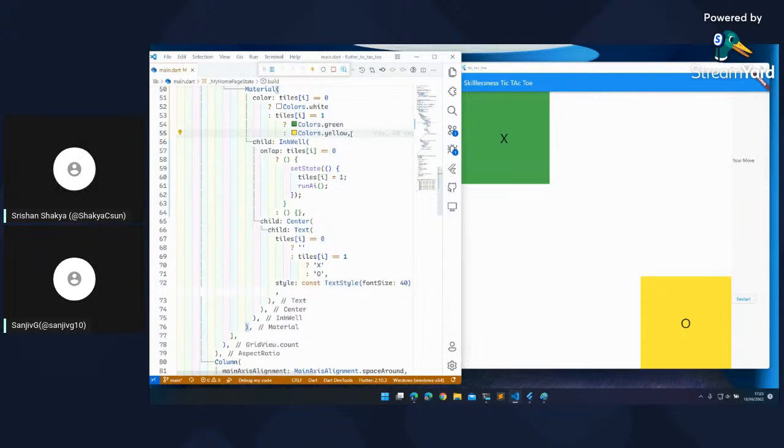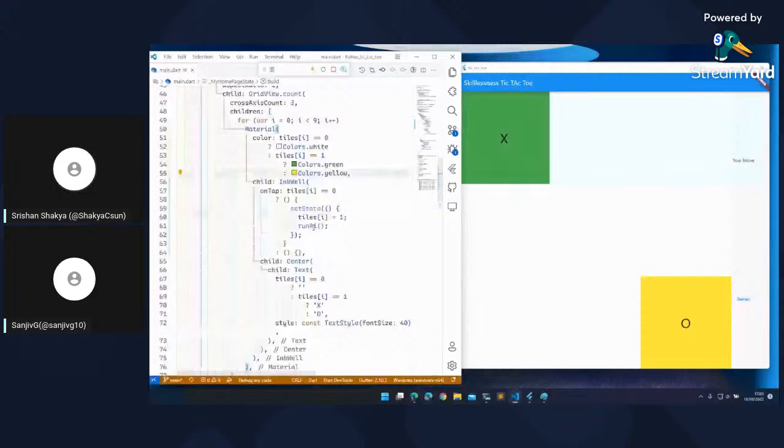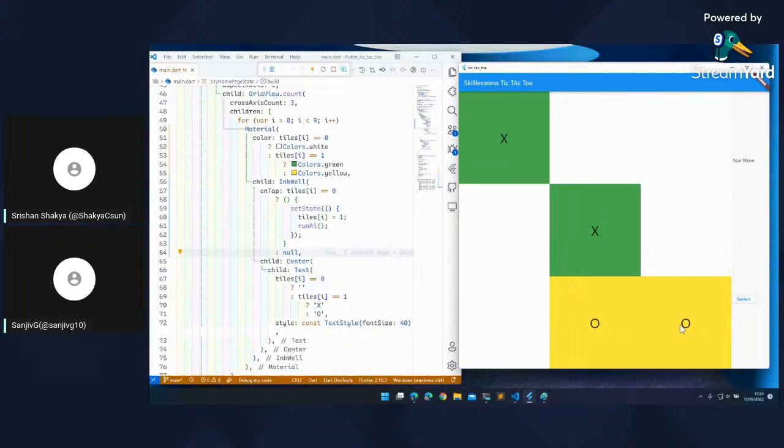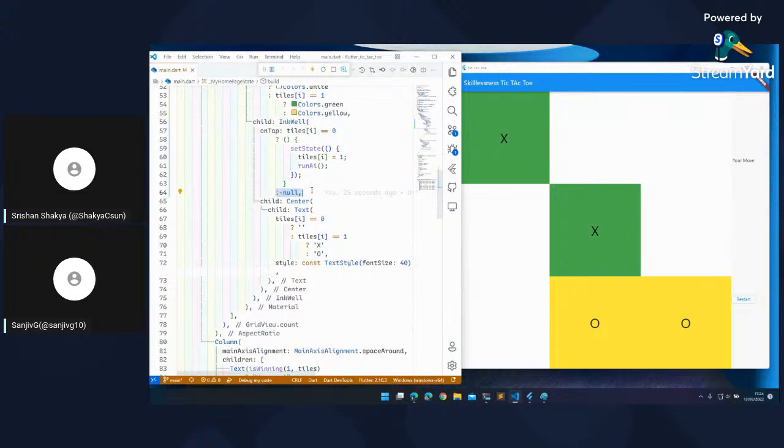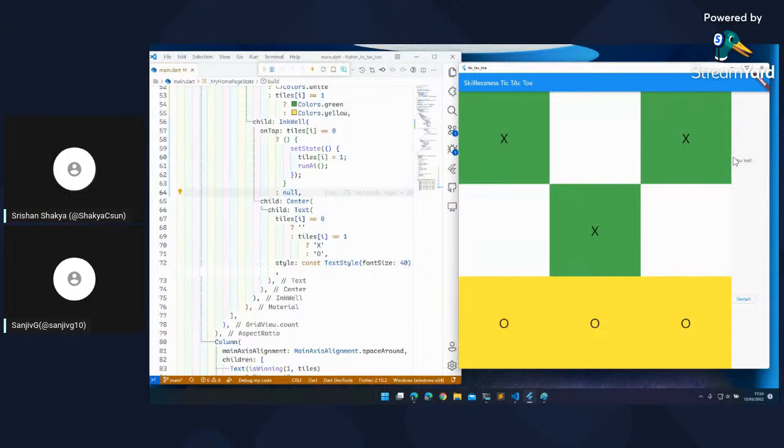If we again change this to null, then I don't think it will show ink in these things here. So there is no ink here, so it is not clickable. Here are inks, so they are clickable. I am clicking, believe me, you can't click them because the code says that on tapping this inkwell, nothing should happen because it is null. So we have fixed one of the bugs.